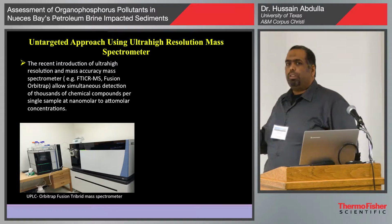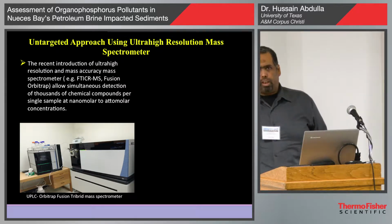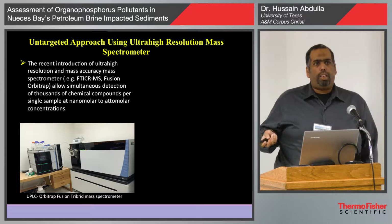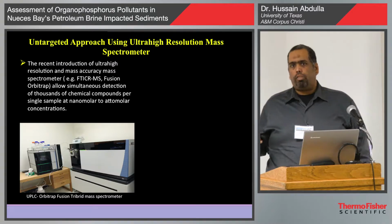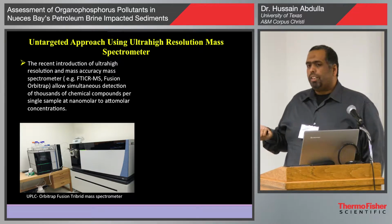And then we run it with the high resolution Fusion Orbitrap. We just got this instrument 3 months ago. That's why it is ongoing. The beautiful thing about this, the FTICR and the Orbitrap Fusion, is that they have the ultimate high resolution, the highest resolution mass spec. For the Fusion Orbitrap, it is almost like